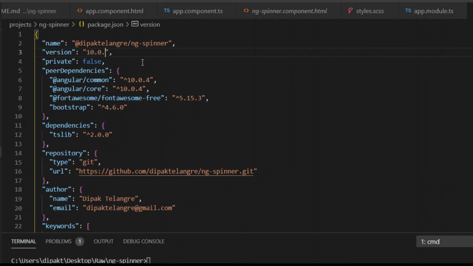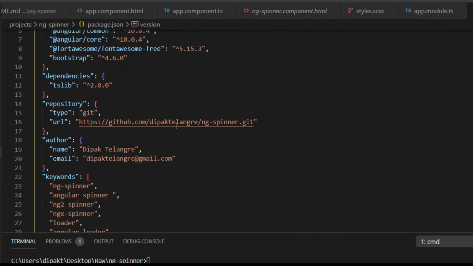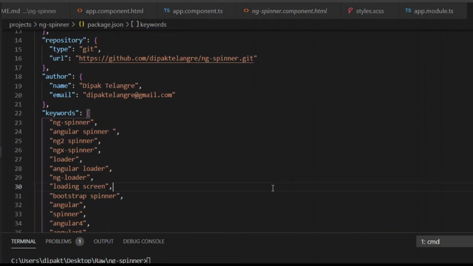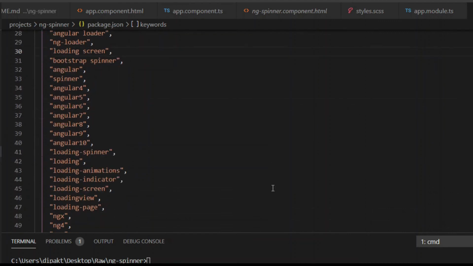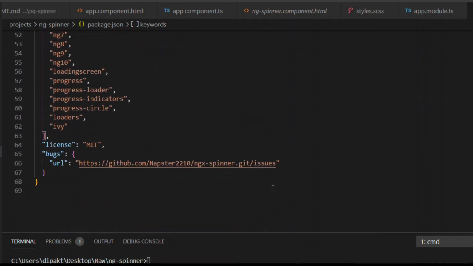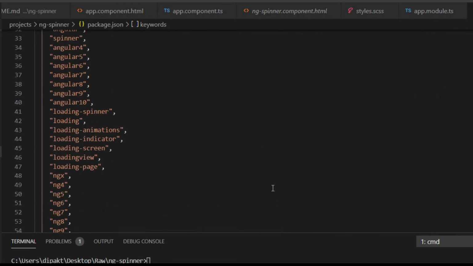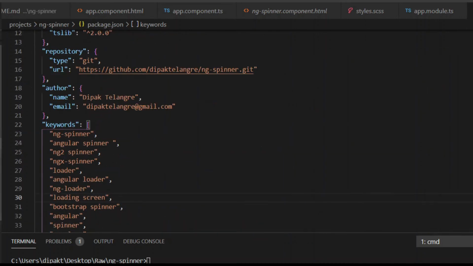The version is major, minor and patch. I also added some keywords for my library so it will be easy to search inside npmjs. That's it, I think I have done all the changes inside package.json.